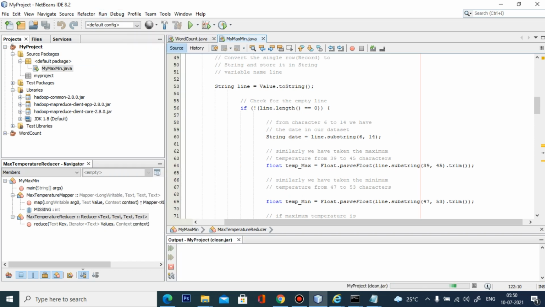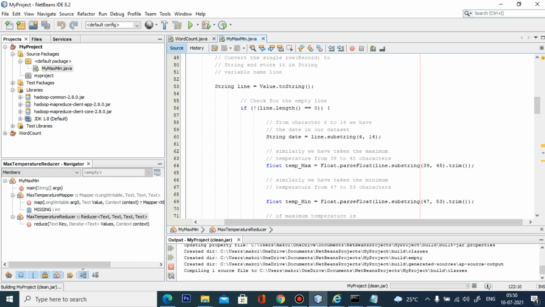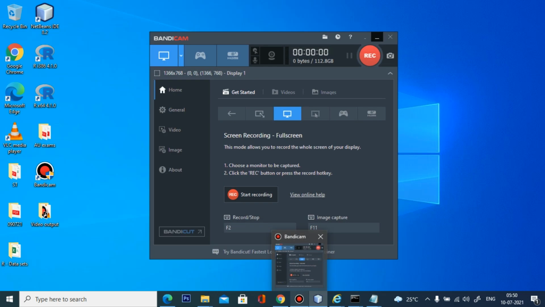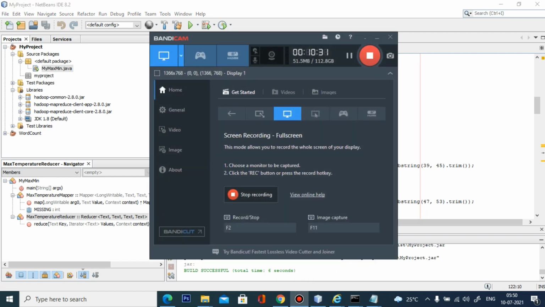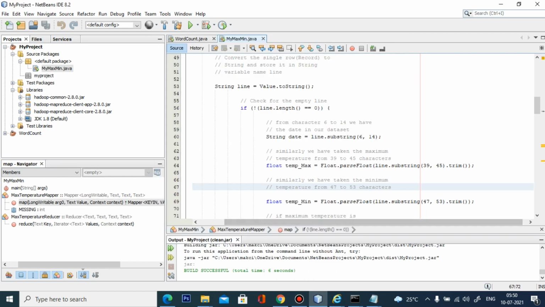So this is going to build a jar file. So our build is successful. The total time is 6 seconds. So our jar file is going to be located in this location.